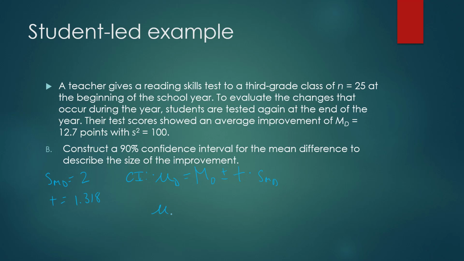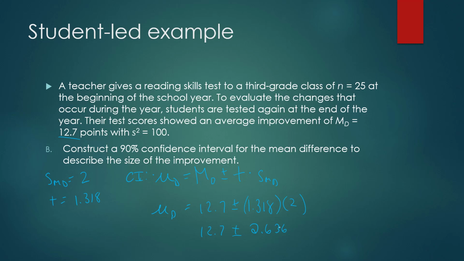So this value is going to be sample mean difference, which is 12.7, plus or minus 1.318 times 2, which is going to give us 12.7 plus or minus 2.636,